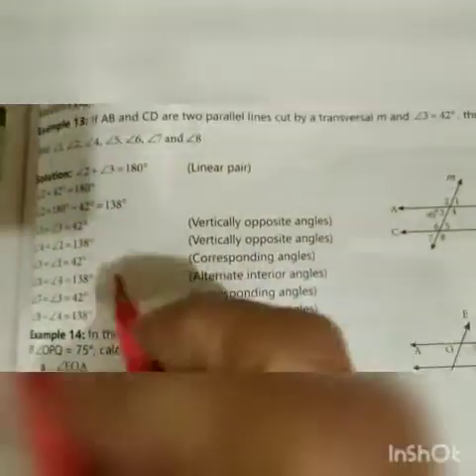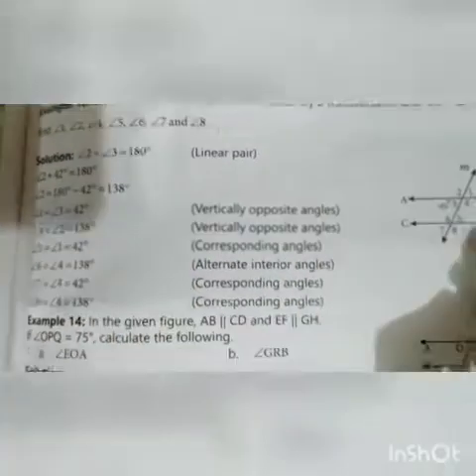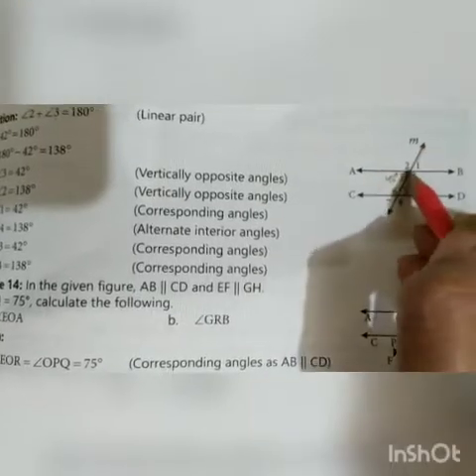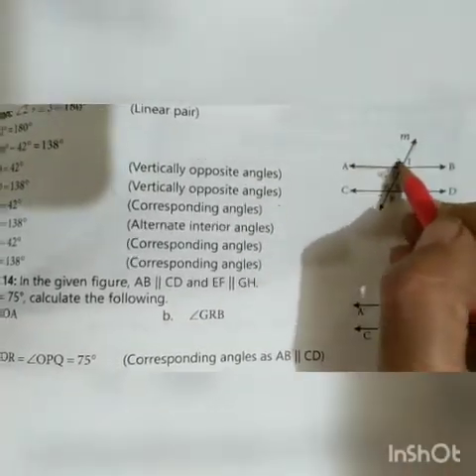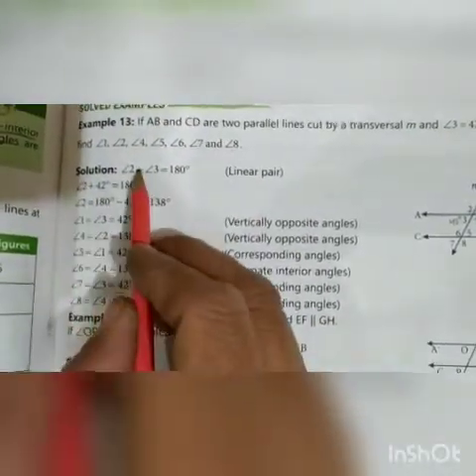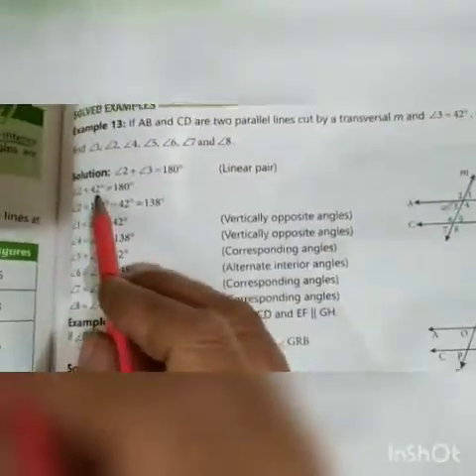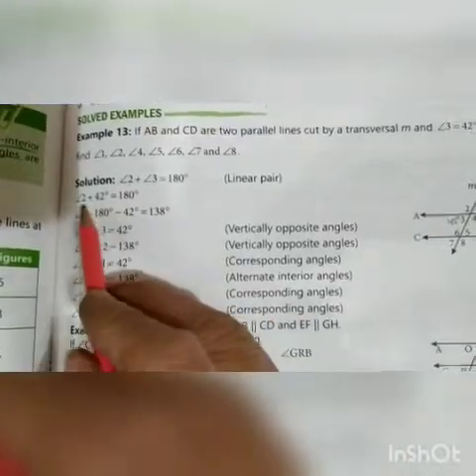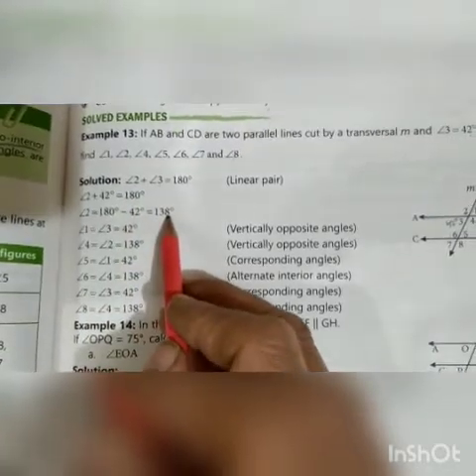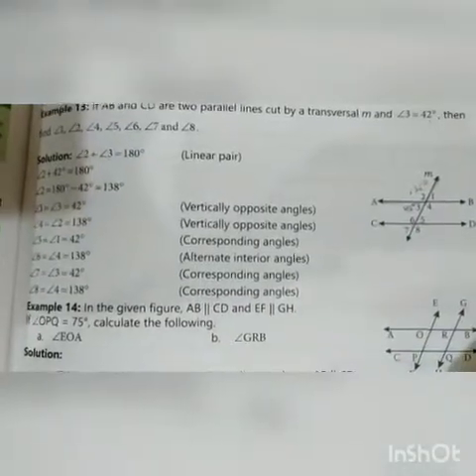So first we will use this relation, angle 2 plus angle 3 is equal to 180, linear pair. This one is angle 2 and this one is angle 3. And this is a straight line. We divided this into two parts. Then angle 2 plus angle 3 is equal to 180, linear pair. Angle 2 will be written as it is, plus angle 3 is given in the question, 42 degrees, equal to 180 degrees. Then angle 2 is equal to 180 minus 42, it is 138 degrees. Means angle 2 is 138 degrees. Clear?